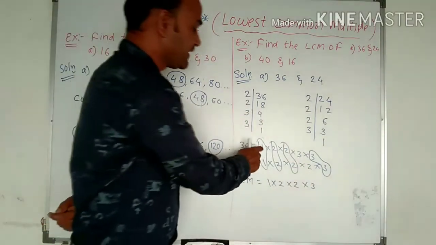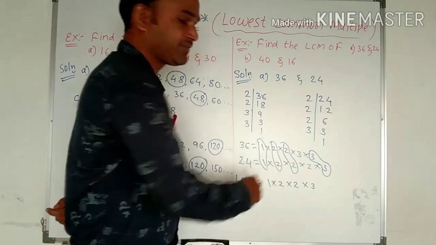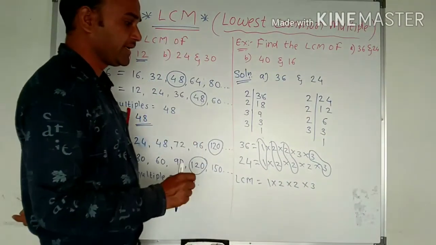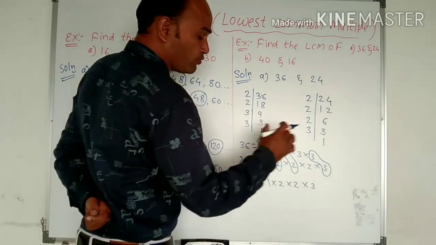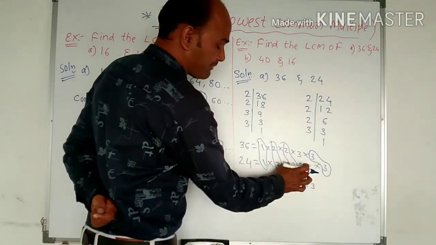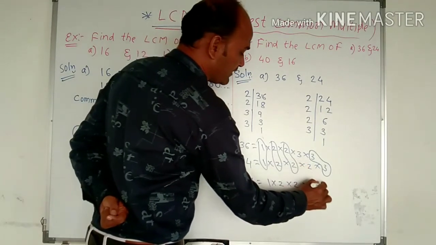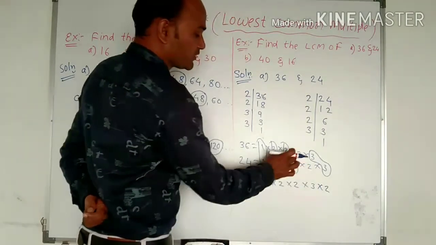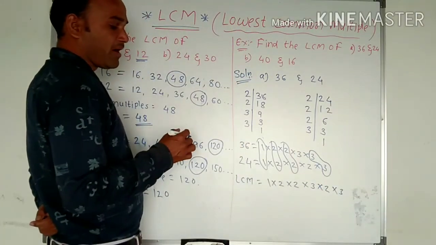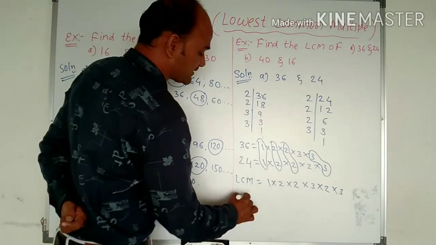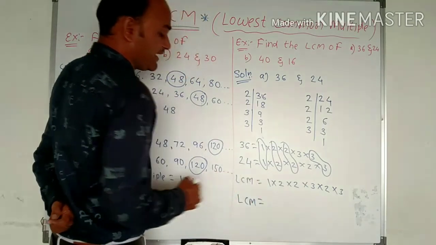ये जो common terms हैं इनको दो बार यहाँ पर आइडेंटिफाई करने की या राइट करने की जरूरत नहीं है. और कॉमन टर्म्स को छोड़ने के बाद जो कुछ भी नंबर रह रहा है उनको और एक बार लिख लेना है. जैसे कि हमें यहाँ पर क्या क्या नंबर रह रहे हैं, यहाँ पर 2 रह जा रहा है, so we have to write here the 2, और 3 रह जा रहा है, so again we have to write the 3 again. Now we can multiply all these numbers and we will get the LCM of these two numbers. Let us check here.